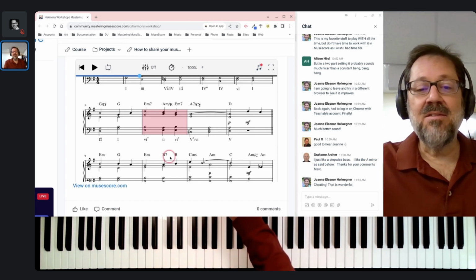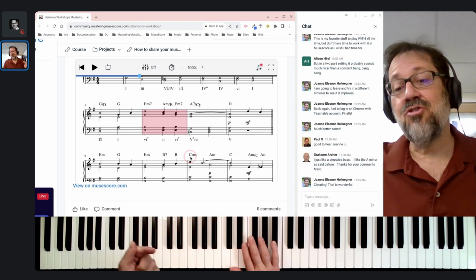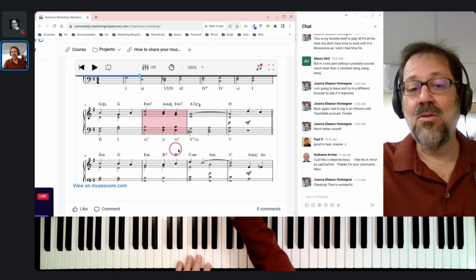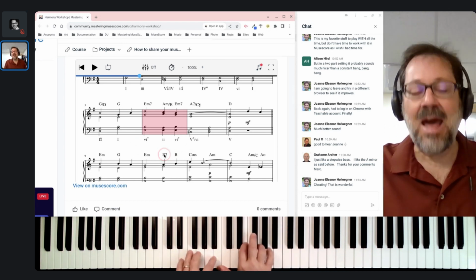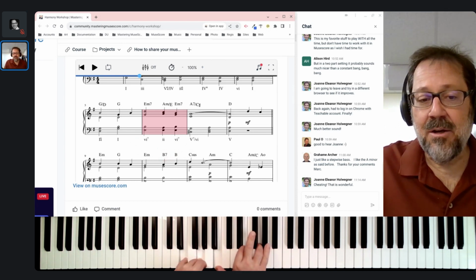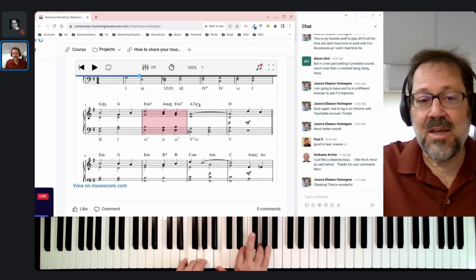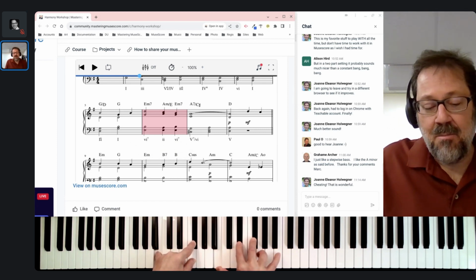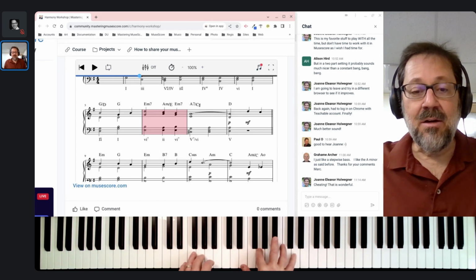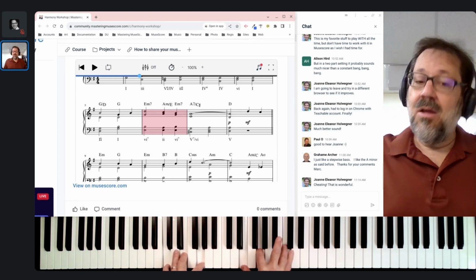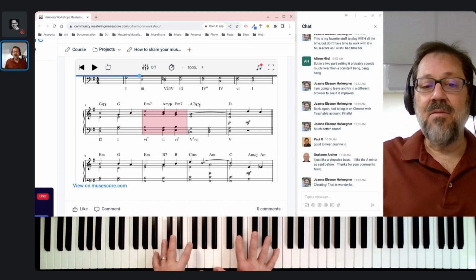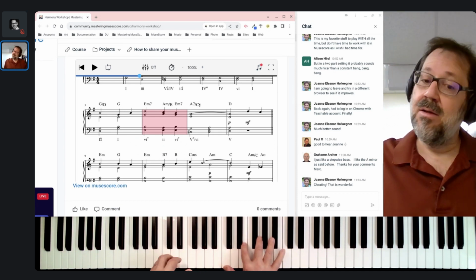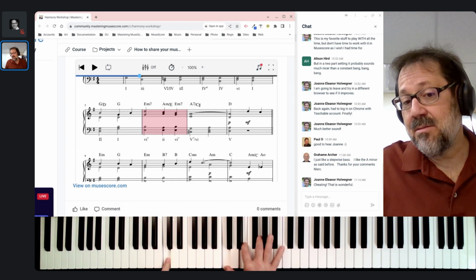Well, what this is, is a deceptive resolution of the secondary dominant. I mentioned that can happen, and what she wrote here in the chord symbols is exactly that. E minor, so we're kind of in the key of E minor, and then we have our 5 in the key of E minor, but instead of coming back to E minor, instead of being 5 to 1 in E minor, it's 5 to flat 6 in E minor.